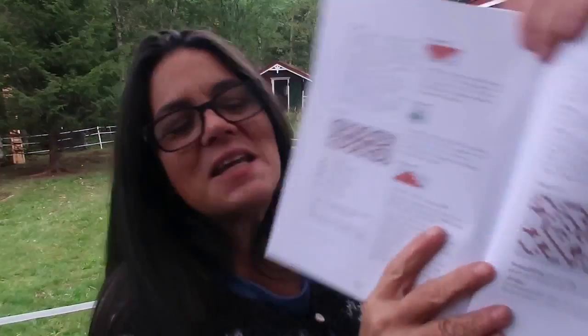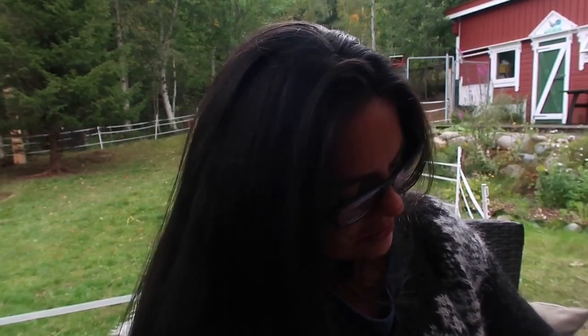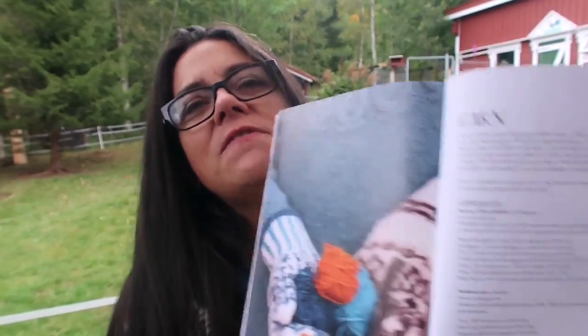And again, it gives you all of the information. Everything is laid out so nicely for you. Got all the charts. So beautiful. As I said in previous vlogs, the book ends with a reference for you to look up the Norwegian wool. It's amazing now to me because when I look down this list of wool, you can find Rømme